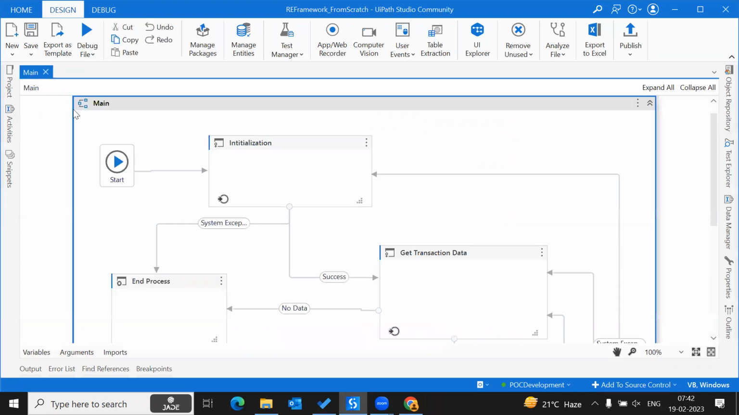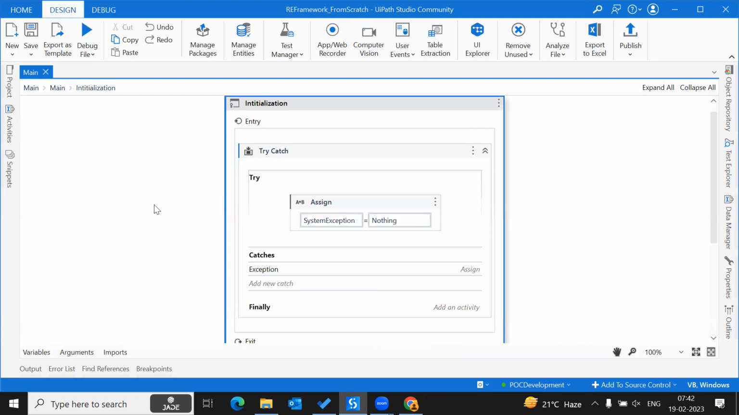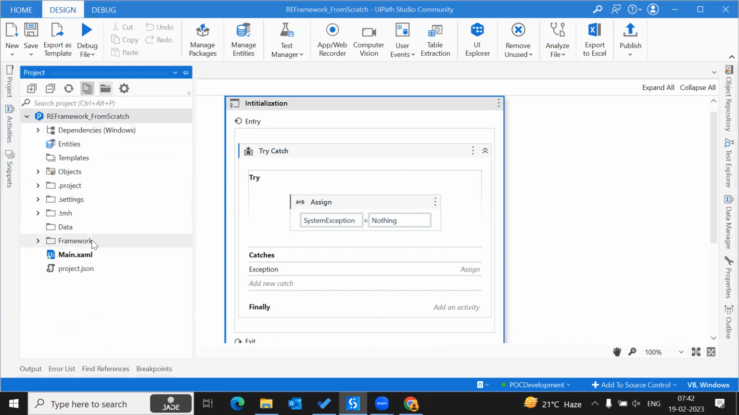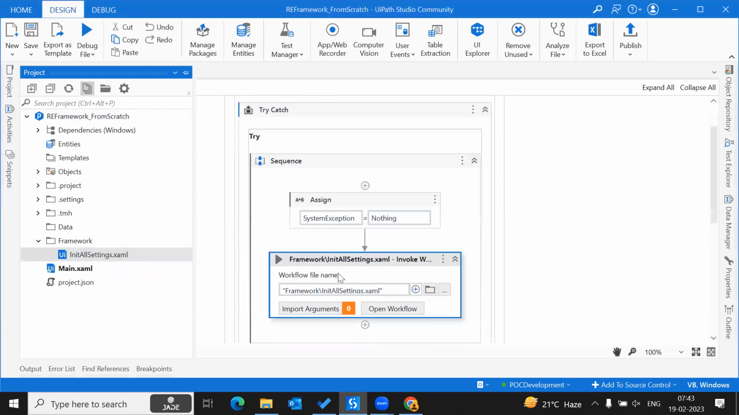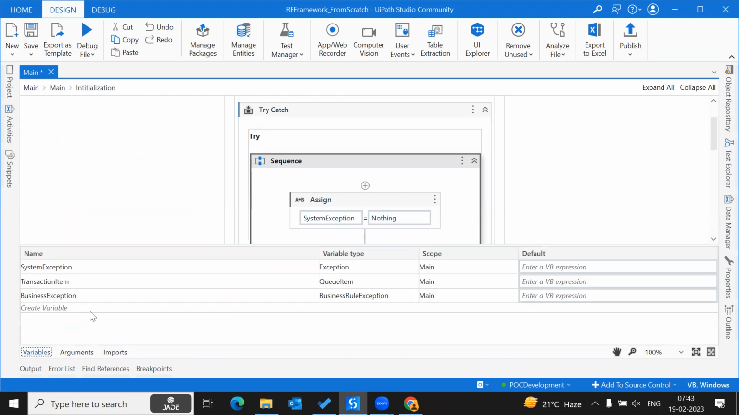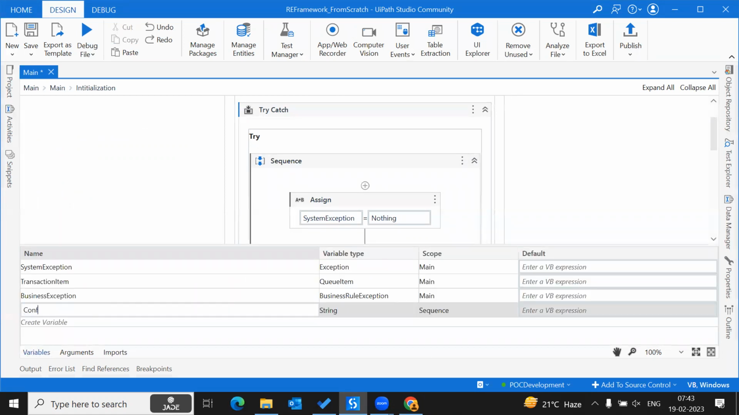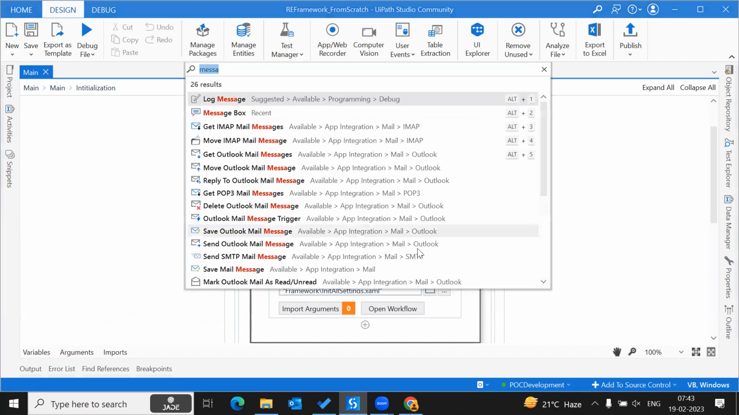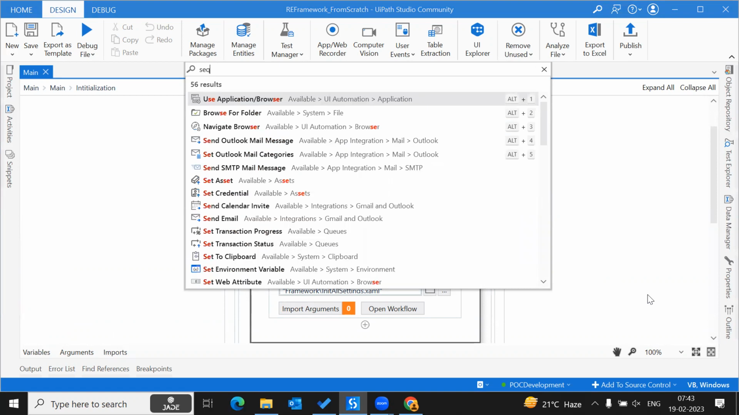And to invoke this, we will be going to the initialization state. And see, I don't want to invoke this every time. I don't want to build this config every time. So what I want to do is, based on some condition, I want to invoke this. So we need to create a variable, config, of type dictionary of string and object. So we'll be writing a sequence here,